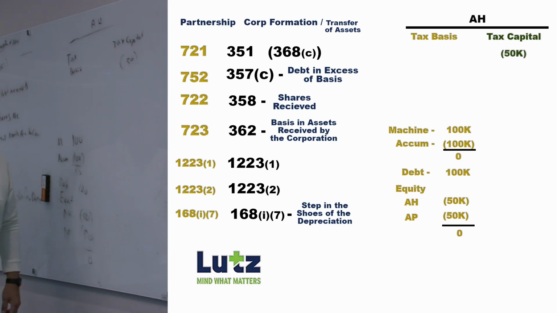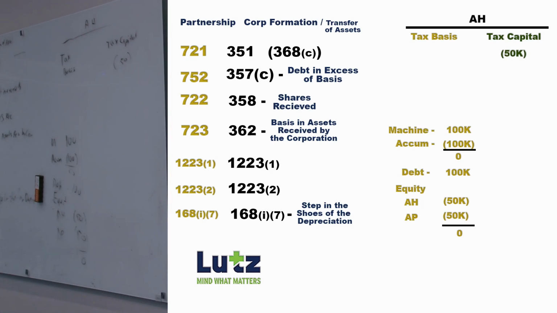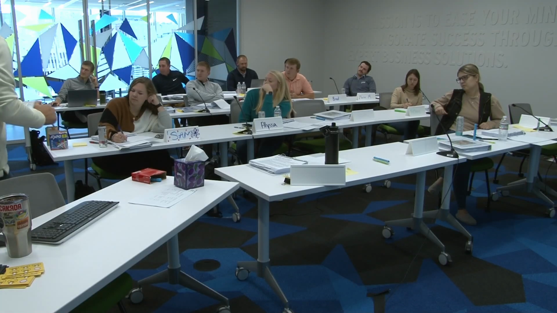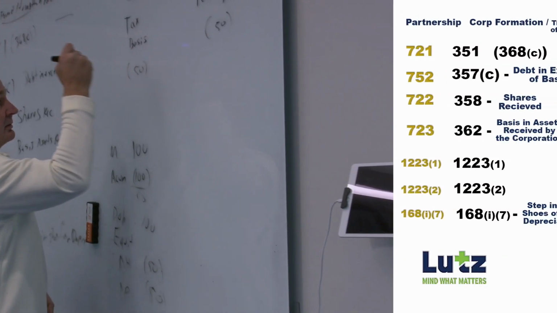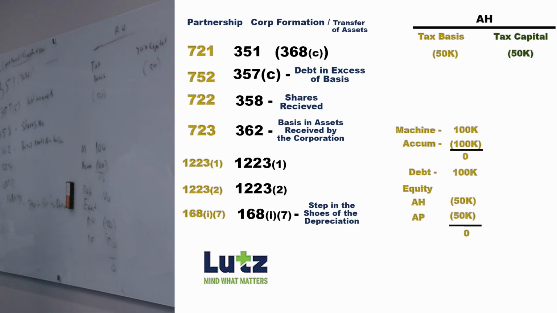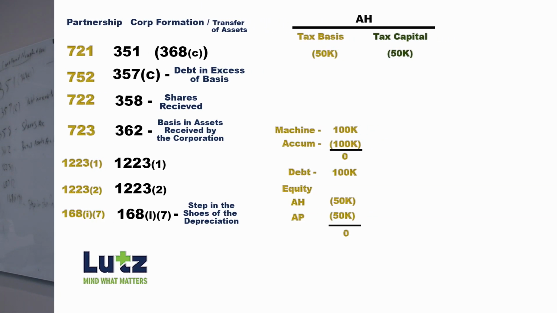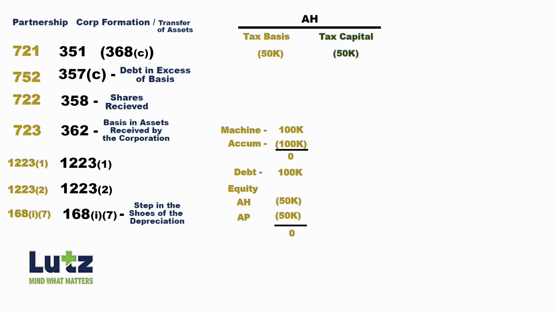So my tax capital, absent debt being included, is -50. Do you agree with that so far, Pfeiffer? Hoffman? Yep. Feel good about it? I do. Everybody tracking? Okay. Outside basis is -50. Okay, so everything seems to be in sync so far. Outside basis is not -50, excluding debt. Now you're going, okay, I don't know where you're going, but keep going. Excluding debt, because now that's going to be a whole different wrinkle that I've got to deal with, and we're going to deal with that in a different section.